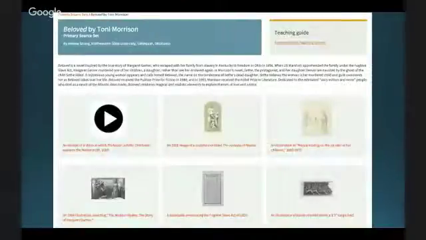We do also have sets that are about literature and art. So I did just want to show off really quickly, this is a set that one of our committee members made about Beloved by Toni Morrison. And I think literature, of course, gets taught in the history classroom. So not to make too fine a line in terms of what can be used in what context, but I think the literature sets are interesting